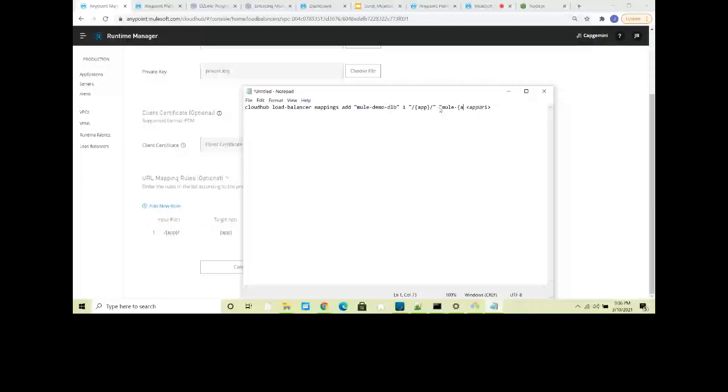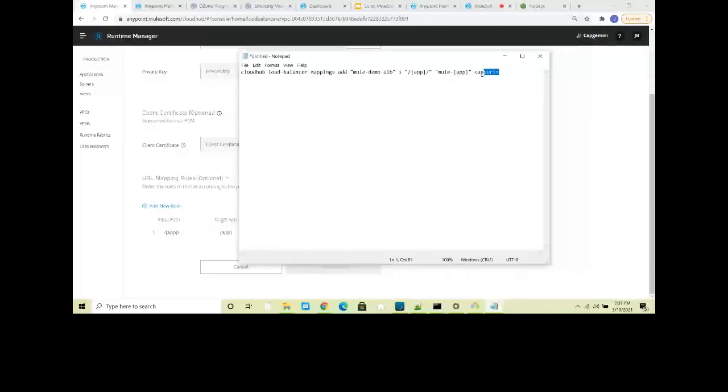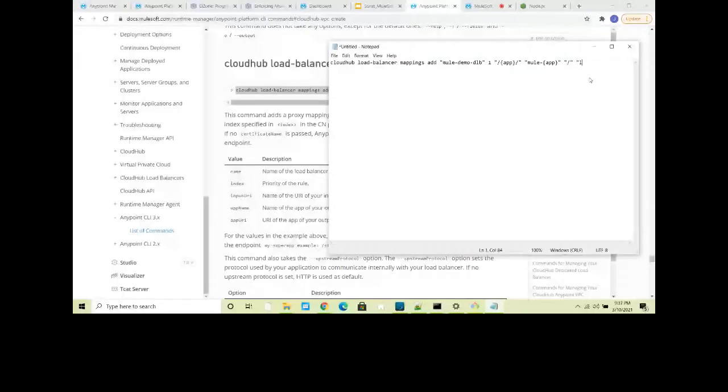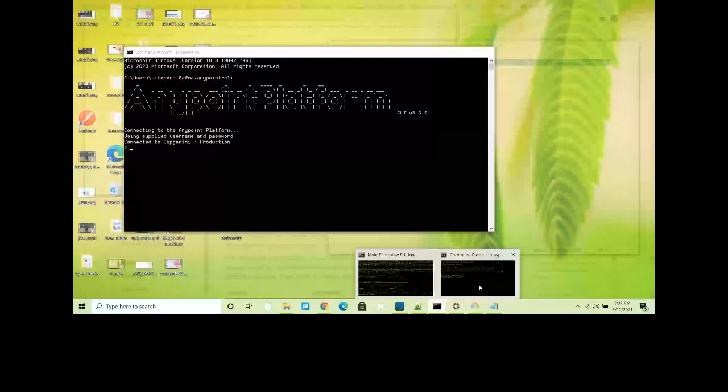Then you have to provide the app URI. What is the app URI? That is the output path, basically, so let me put slash. This is how you can provide it. If you want to give a protocol also, you can do that. You also have to provide a certificate name. My certificate name is localhost. Each mapping rule is associated with your certificate name. Just run this command and say enter.